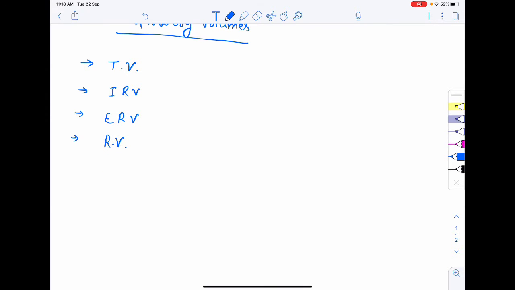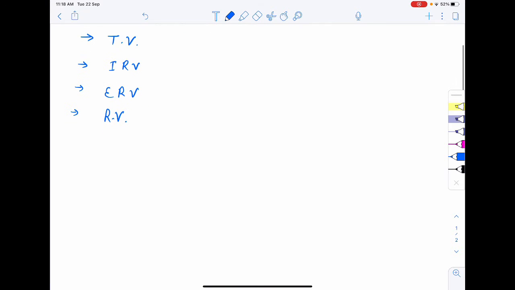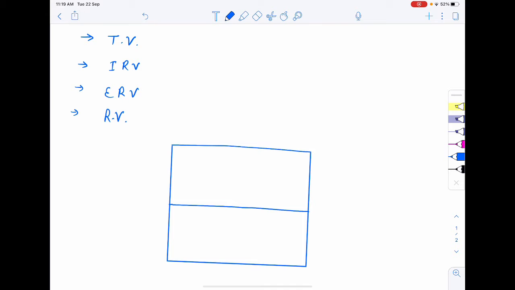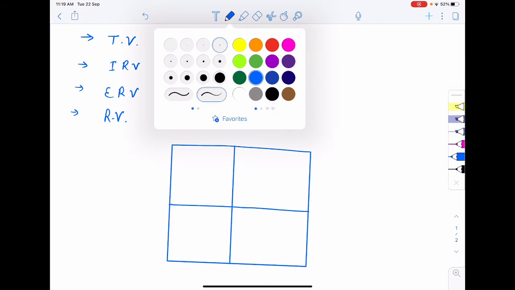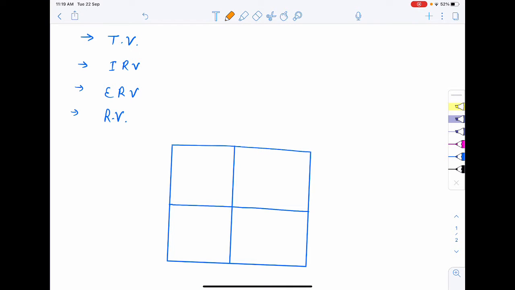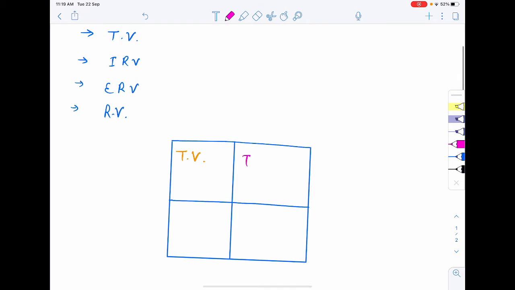To understand this topic in an easier manner, we'll make a square and we'll divide it into four parts. And in each compartment we'll write different volumes. Suppose in this first part we write tidal volume, then in the second part inspiratory reserve volume, in the third part expiratory reserve volume, and then in the last part residual volume. Okay,